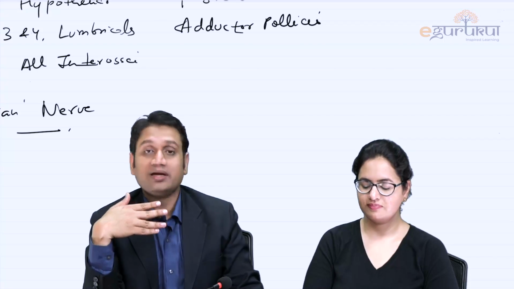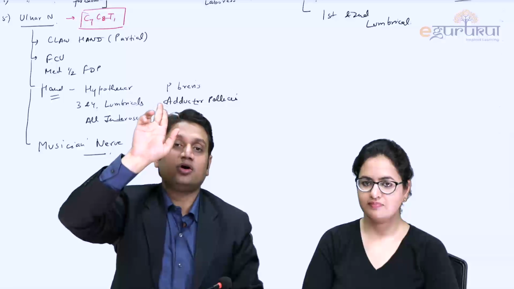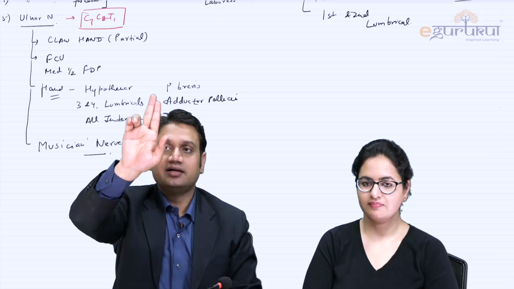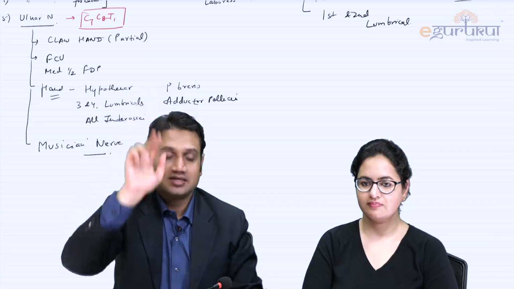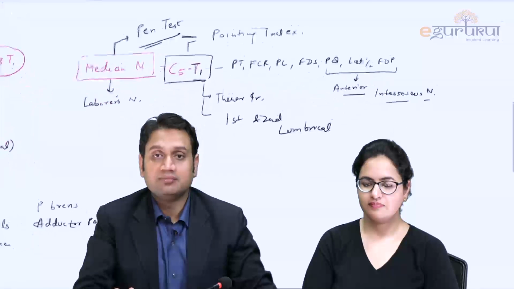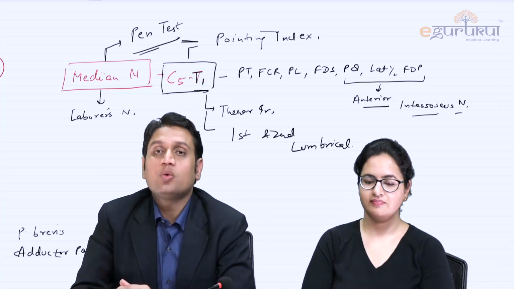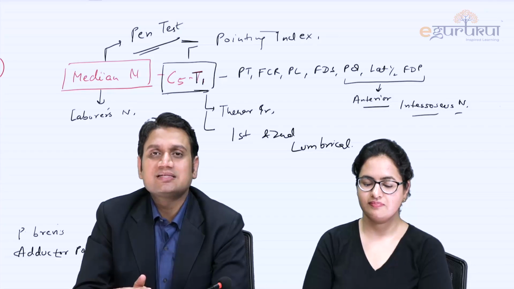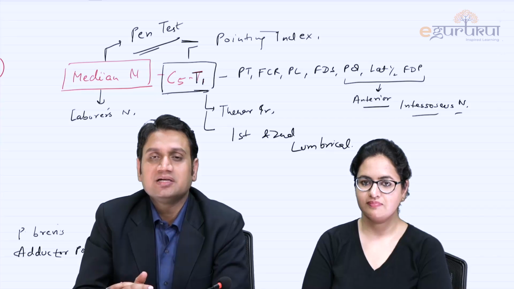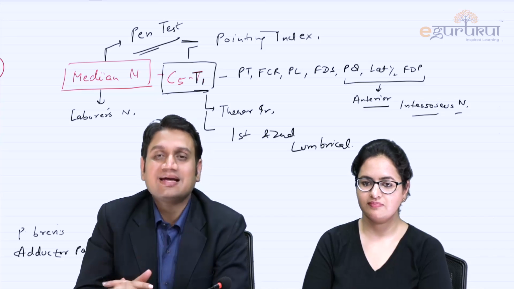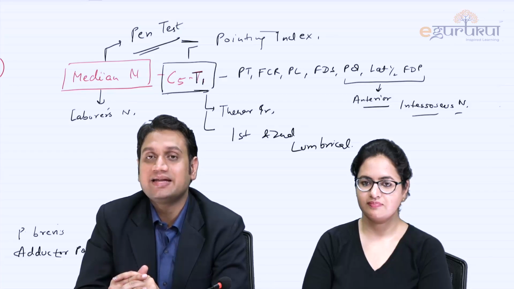Okay, and do remember one important thing that we said: ulnar claw is like this, these two extended and the other two medial two fingers flexed. Coming on to this side, the median nerve. Now, pointing index, I explained to you why there is a pointing index. What exactly is a pen test? Pen test is just a name given in the Asian literature. In international literature, we usually don't find the name of this pen test.